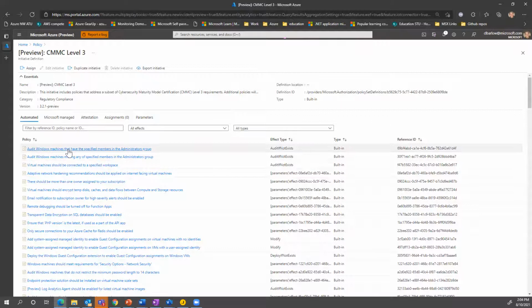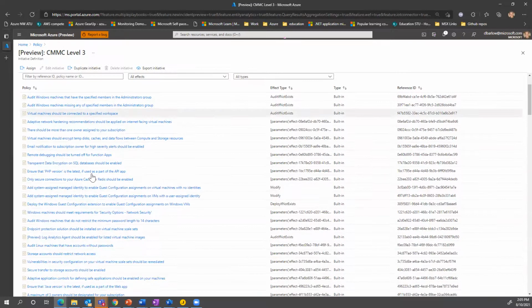All right, so this is an individual policy. It's going to audit Windows machines. It's going to say it should be connected to a specific workspace, and then the effect type, right? Audit if it's not there. Now these ones, I can actually put in some parameters and I can change some stuff. This one will actually modify it. So I need a system assigned managed identity to make sure that I've got the guest config agents installed and running. If it's not in there, I want you to do it for me. And so that's going to modify permissions. And then it's going to actually deploy the guest config agent for me. So these are things that I utilize to maintain my security posture from a programmatic perspective.